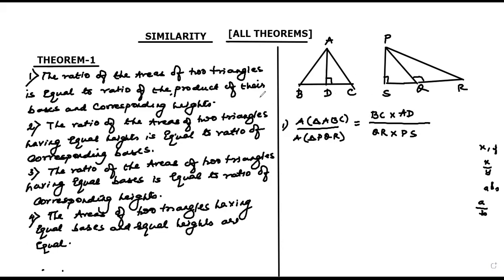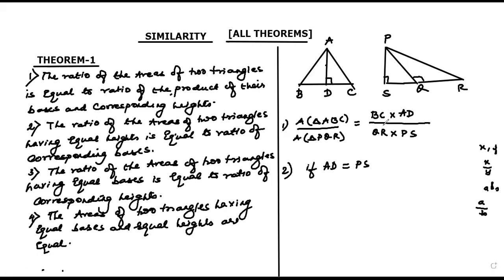I hope the first property is clear. Ratio of the areas of two triangles is equal to ratio of the product of the bases and corresponding height. This theorem number one, we are going to discuss four different statements for it. The first statement is clear, I suppose. The second statement, if these triangles have equal heights, this AD and PS, suppose they become equal. If AD and PS are equal, suppose this is 5 centimeter, PS is 5 centimeter, 5 on top, 5 down,